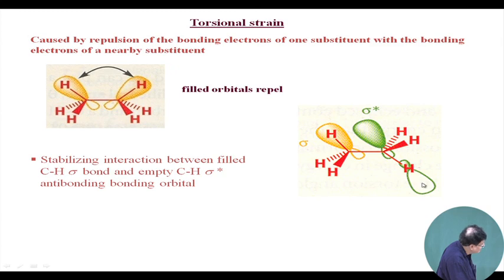What is the antibonding scenario? The hydrogen should actually be drawn as a sphere, but because of the opposite phases of this side of the p orbital and the s orbital, there will be a kind of repulsion,